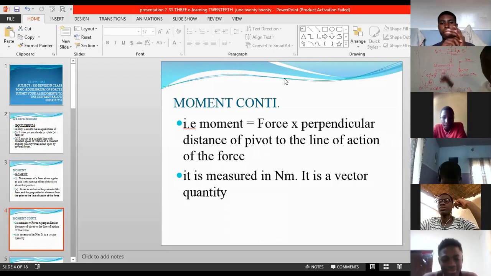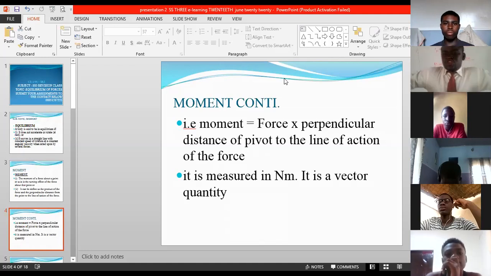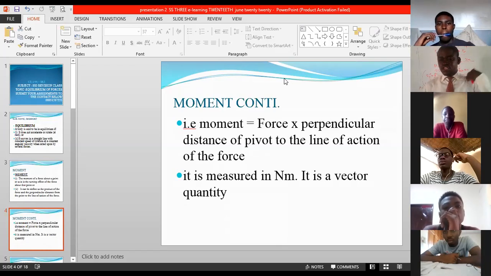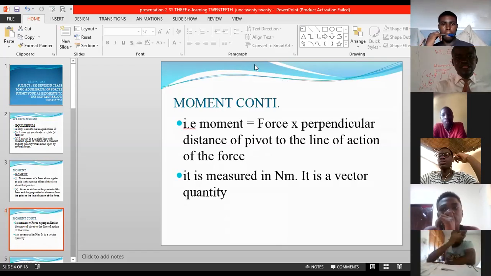Now, that is the moment of the anti-clockwise. Now, for the body to be at equilibrium, the clockwise moment must be equal to the anti-clockwise moment. It's just like in real life. Someone that walks with one shoulder down is not walking at equilibrium. But you have to walk with a square shoulder. When a man is walking with a square shoulder, he's moving at equilibrium because the rate of forces on your left-hand side is equal to the rate of forces on your right-hand side. Then that body is said to be at equilibrium.